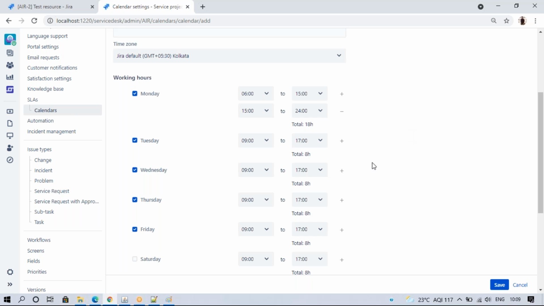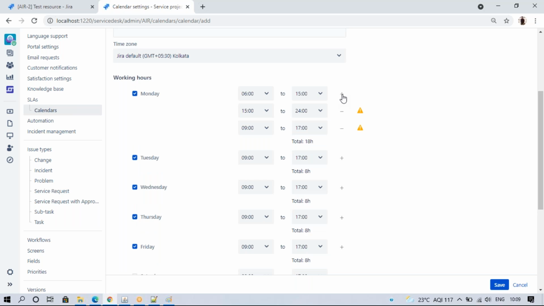So the next day is Monday, morning 6 to 3 and 3 to midnight 12. If you want to add other teams, you can add them here. The next day means 0 to morning 6. If you add up to 6 o'clock, that is a total of 24 hours.